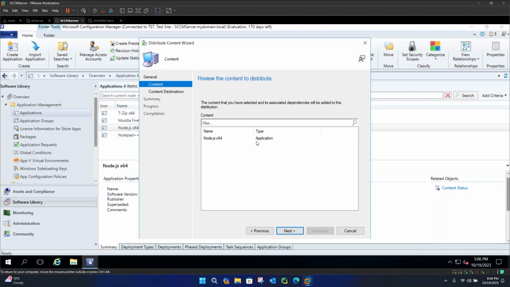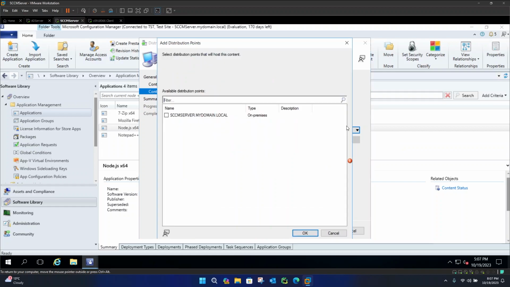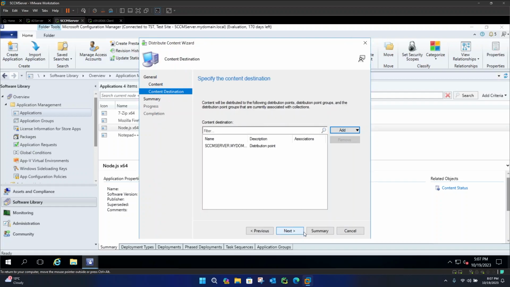Then we have to select the content destination. This will actually be the distribution point. We have to distribute the content to the distribution point, so the clients can access this and download their Node.js application. So we can click add and pick distribution points, and then select our distribution point. In my case, it's my local domain. Click OK. Once it's added, we can click next,